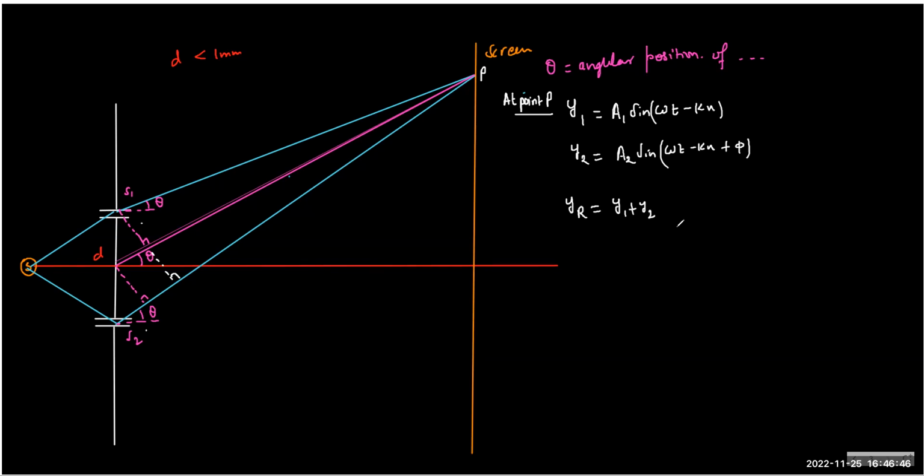Because they are interfering at a particular point x, we can name this x value as 0. That's easy to solve. Or if you want, you can leave it as such. So we can write y r equals